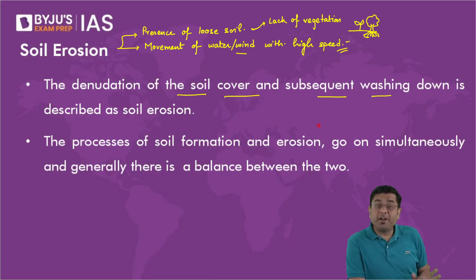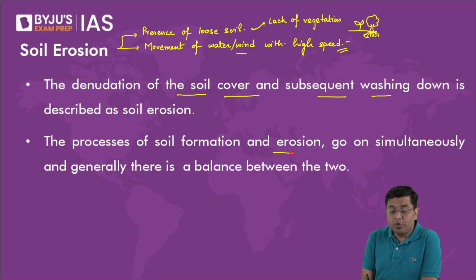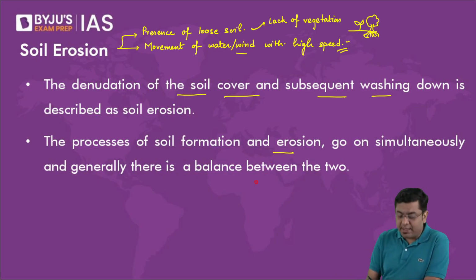So, if the most fertile layer of the soil in itself is carried away, that brings about a general degradation in the quality of the soil, right? Because it is the top layer of the soil which allows the growth of the plants and vegetation. So if that top layer is removed, the bottom layer won't be able to support plant and vegetation and any kind of growth thereafter. So the process of soil formation and erosion carry on simultaneously. Generally there is a balance, but in case the rate of erosion is very high,